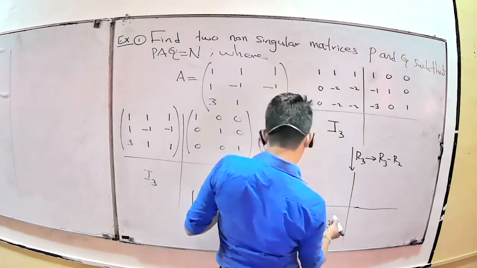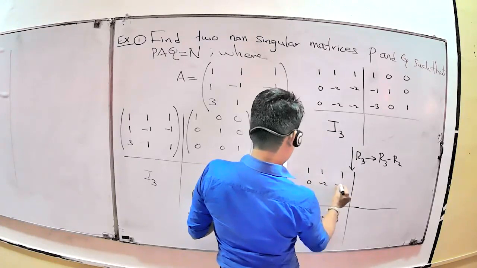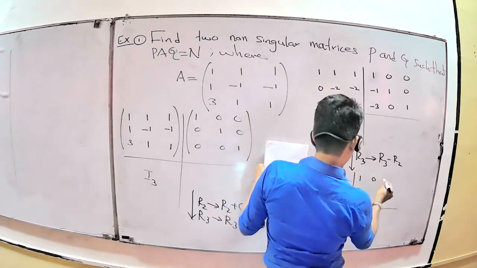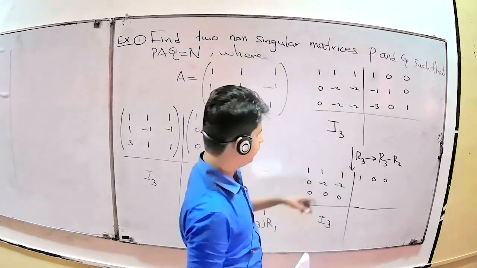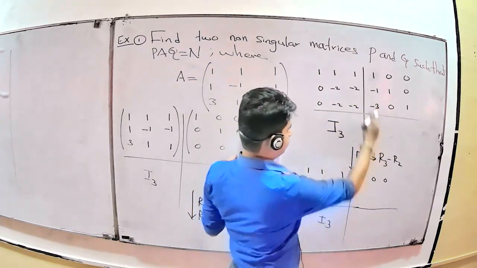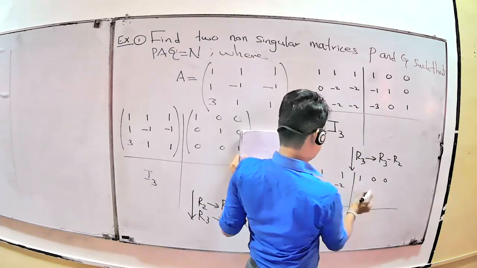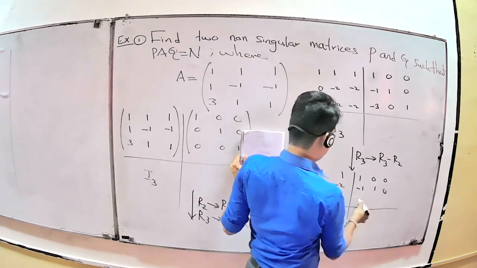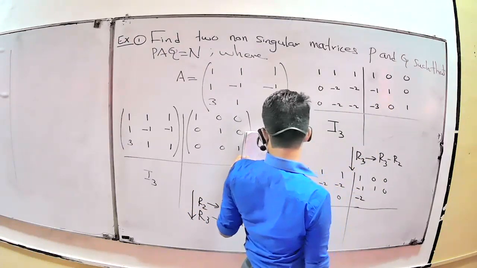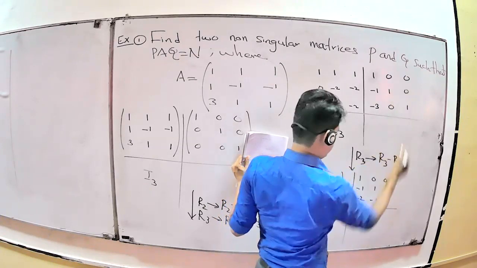I3, 1, 1, 1, 0, minus 2, minus 2, 0, 0, 0, 1, 0, 0. Suppose you do the row operation here, R3 replaced by R3 minus R2, it means you want to do it here also. Suppose you multiply here, minus plus 1 minus 3 equal to minus 2. Second row does not change, only third row minus 1, 1, 0. Here minus 1, minus 1 become plus, plus minus 3, minus 2. It's okay. Minus 2. Here minus 1. Here 0, 1.